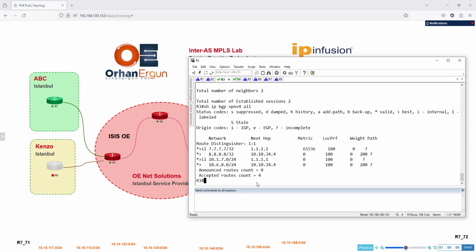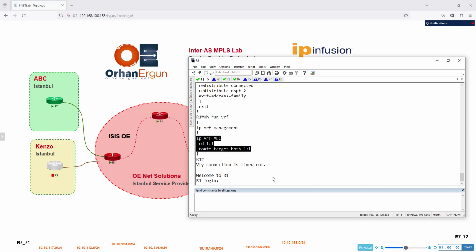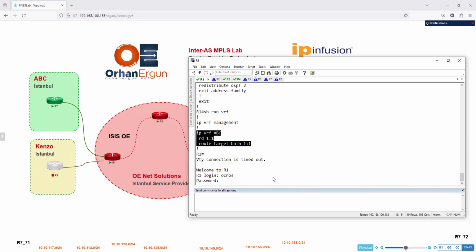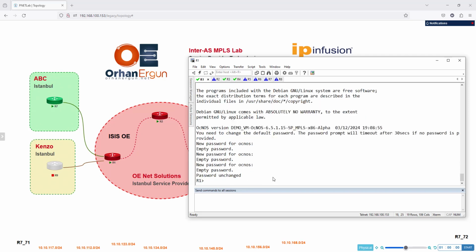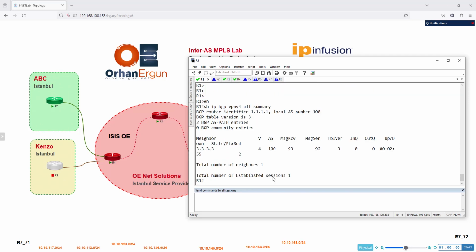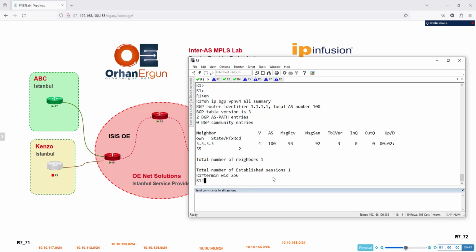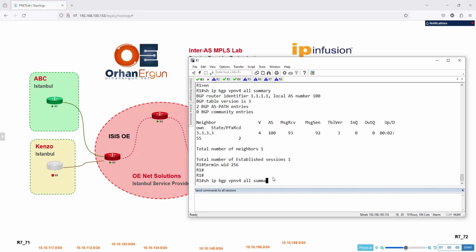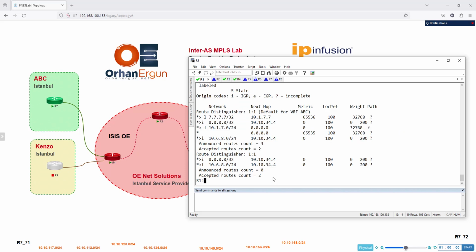Very nice. Do I see the prefixes on router 1 and router 6? I should go and check it. On router 1, I'm going to say OcNOS, just to log in. Okay. Summary, I have router 3 here. Very good. Terminal width is going to be 256. And if I just want to see the prefixes,